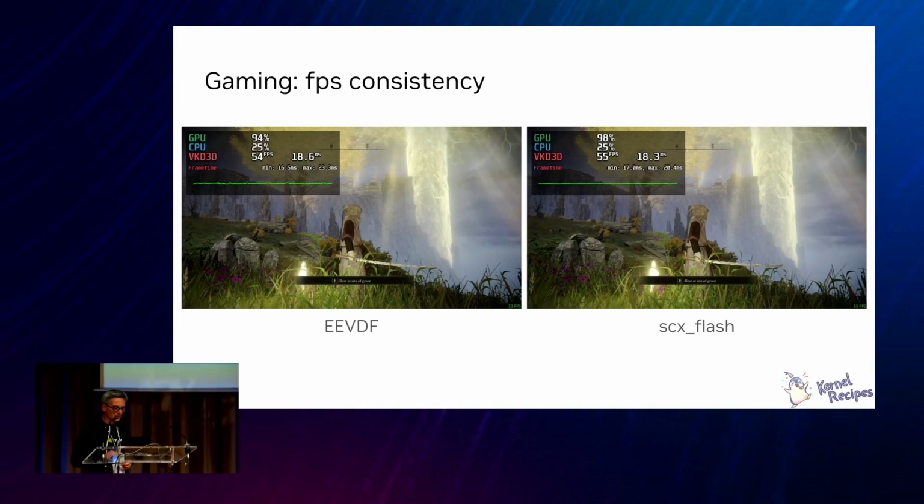Gamers, especially competitive gamers or people who do speed runs, care about the consistency, because it's all about how your brain reacts to the game engine in predictable times. So it's not just competitive multiplayer, it's also competitive single player. And this is essential for those people to react in predictable